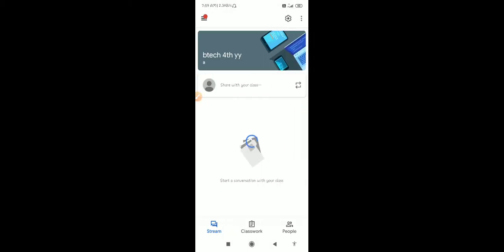I am not disturbing my class, I am using another sample. Okay, now the class is ready as well as students are ready. How to assign a task to the students? At the bottom right corner you can see the Classwork symbol. Just go to Classwork.